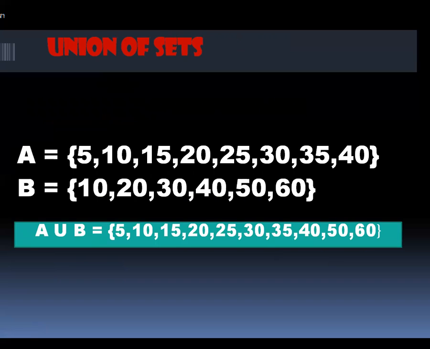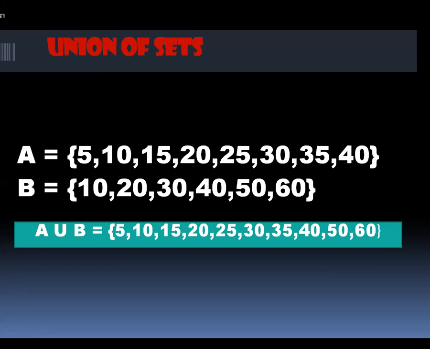Okay, union of sets A and B is equal to, you're going to list down their combined elements of sets A and B from least to greatest. You're going to start from the least element if the elements are numbers. So we're going to start with 5, since 5 is our least number among the elements, and then 10. If the elements are the same, you are just going to write them once. If elements are the same again, you are going to write them once only.